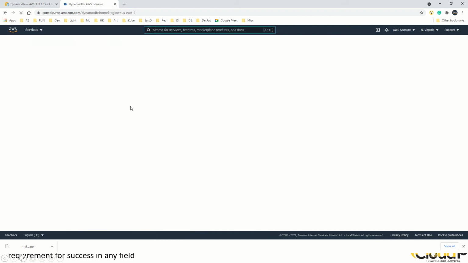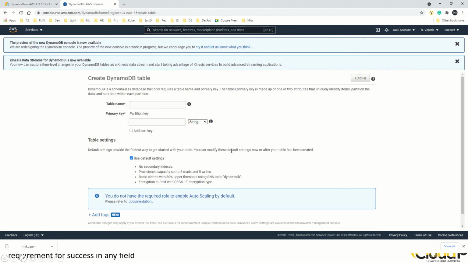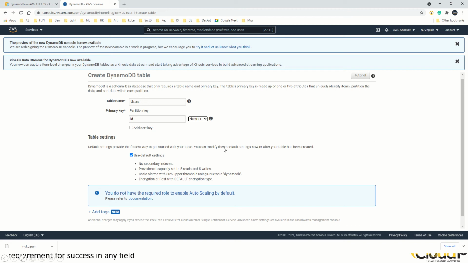I'm going to create a table. Let's say the table name is going to be users. I'm going to have a partition key called ID, and let me make it a number. As I said, the sort key is optional. For this example, I'm not going to choose it. So let me go ahead and create this table.